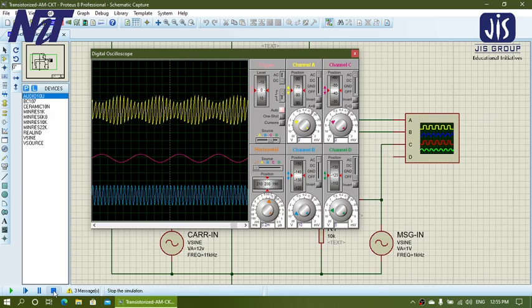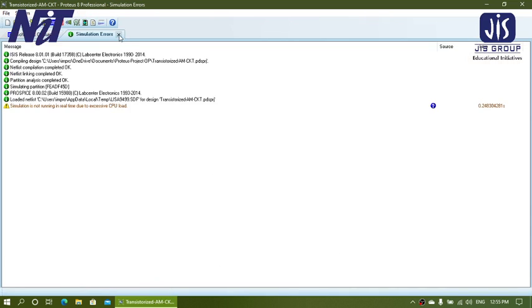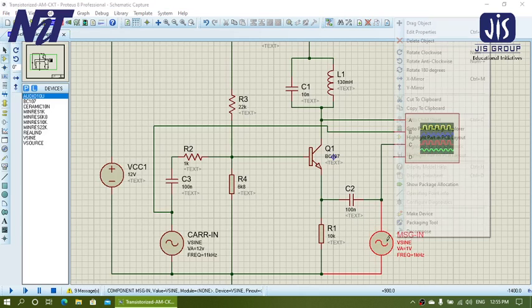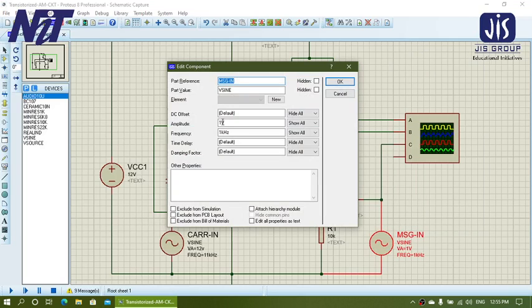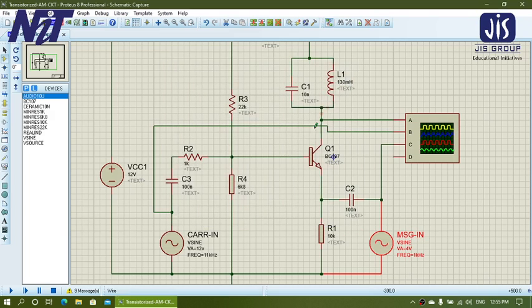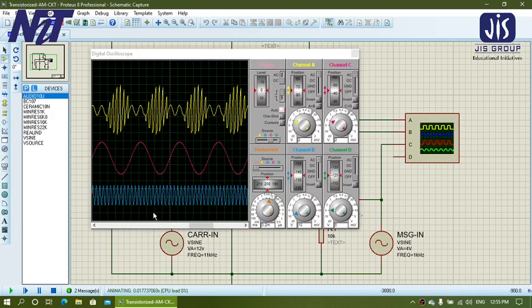Now let's see what happens if we change our message signal amplitude to more than 2 volt. As per the table, it will be 4 volt, to make it an over modulation. Save it and play it again.